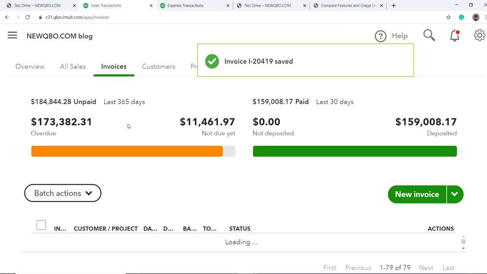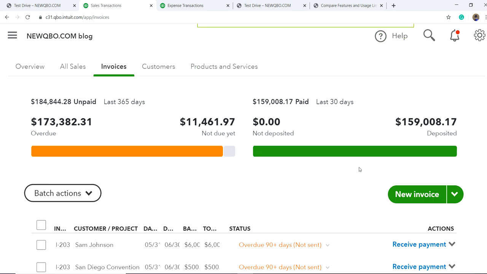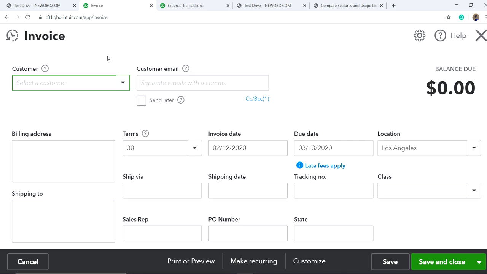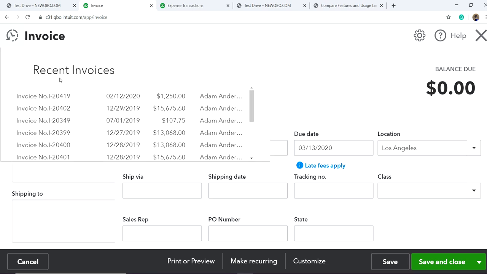Okay, and let's say you just want to find out, go back and you want to review it again. So just see next to review, next to invoice, there's a little clock icon. That's to review recent invoices. Just click that one